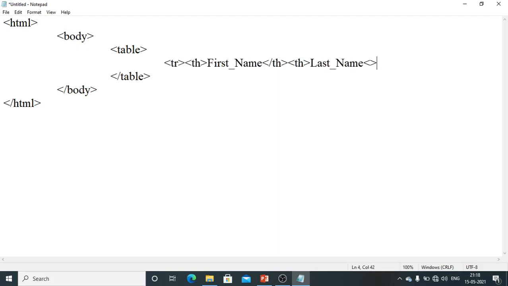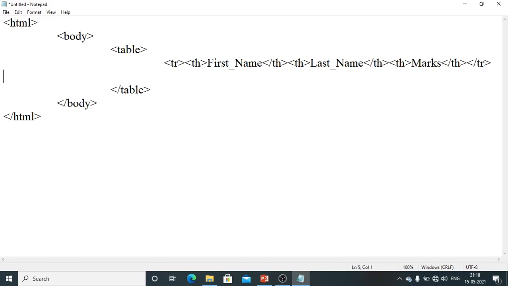Again I will close this table head. Next I will open another table head, and here I will enter the title marks. So I will close this table head. So this row is completed, so I will close even the row tag, that is tr. Okay, so this is for the first row, which is a table head.